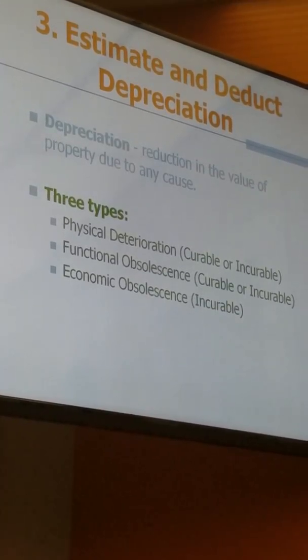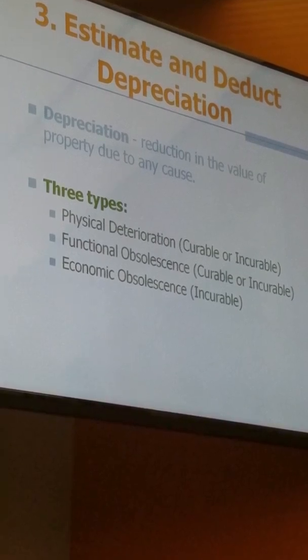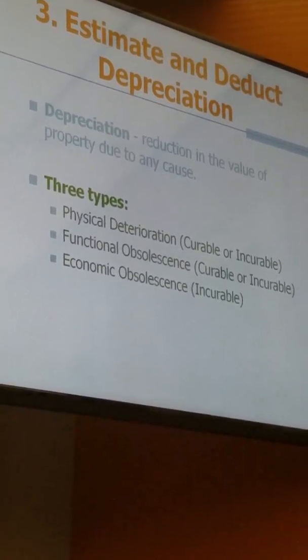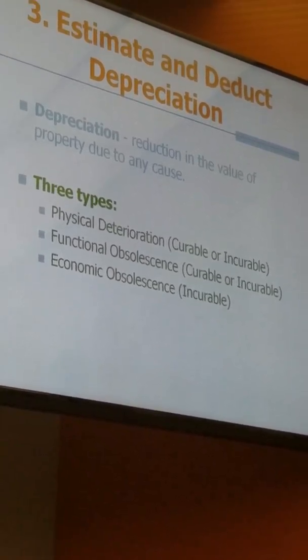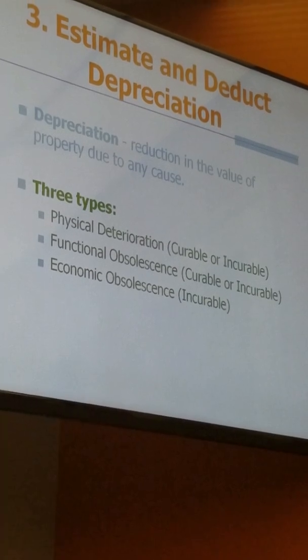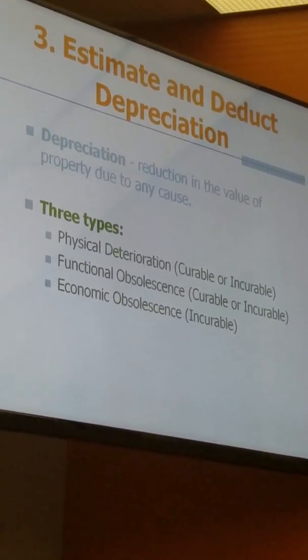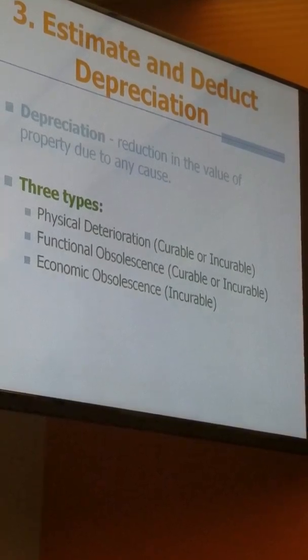So estimate and deduct depreciation. I'm pretty sure all of you are familiar with what depreciation is. I won't go too far into that. So there's 3 types. There's physical deterioration, which is curable or incurable; functional obsolescence, which is curable or incurable; and economic obsolescence, which is incurable. Why would that be? Because you can't control economic factors